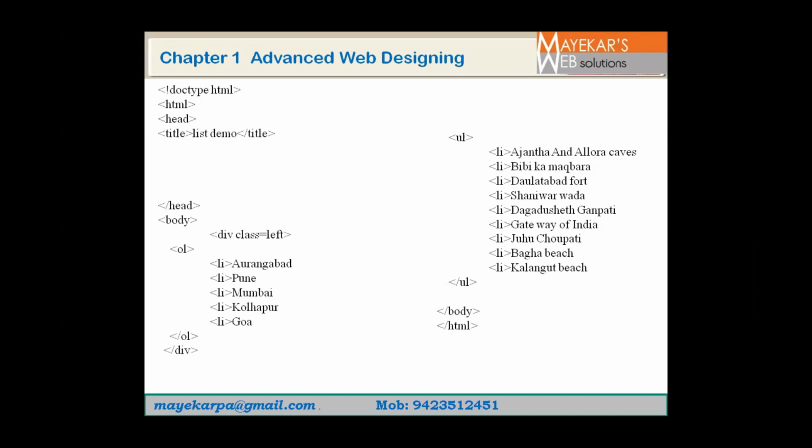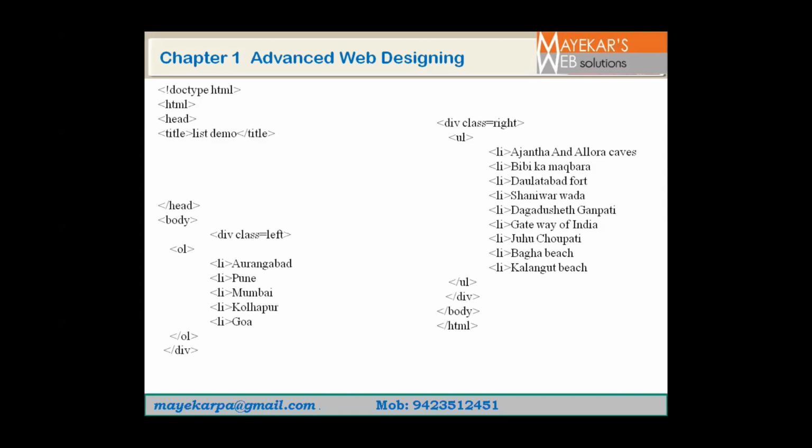First of all, we will create two sections, first one for the ordered list and the other section for the unordered list. When we create two different sections, then we can use them for arranging on the left or right. Now the second section I'm going to create is div class equal to right. We close it by using slash div. So here two sections are created, and I have given the class names left and right to both these lists.